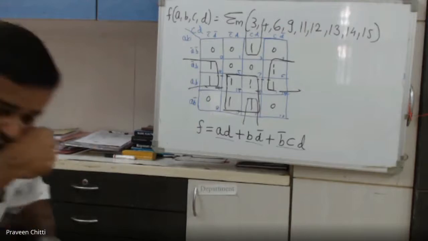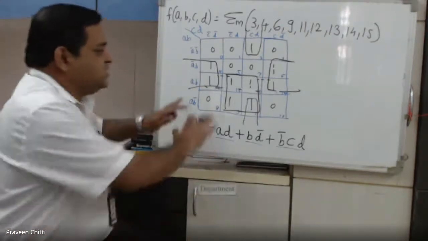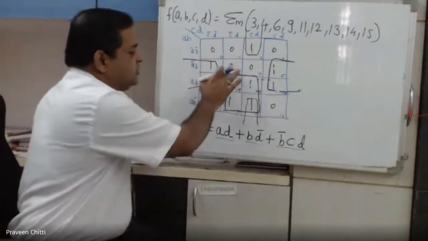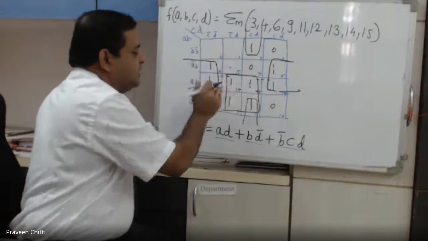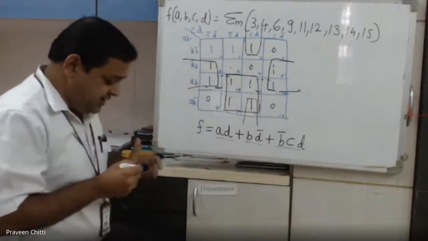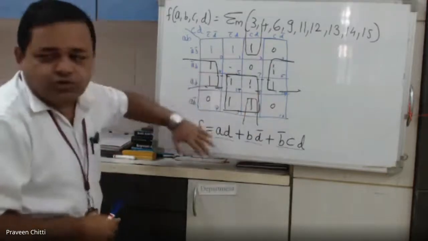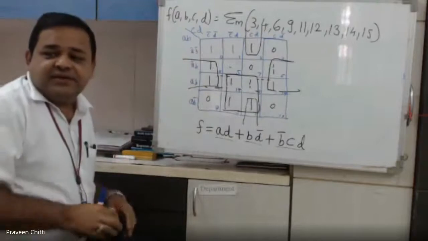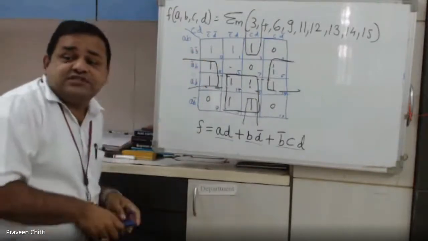Okay, fine. Now, suppose this is what we have done. Assume that all others are 0, and I have only 2 ones like this. Kedar, can you tell me how I should form the group now? Assume all are 0, only these 2 are 1. Tell me what will be the product term corresponding to these 2 ones.